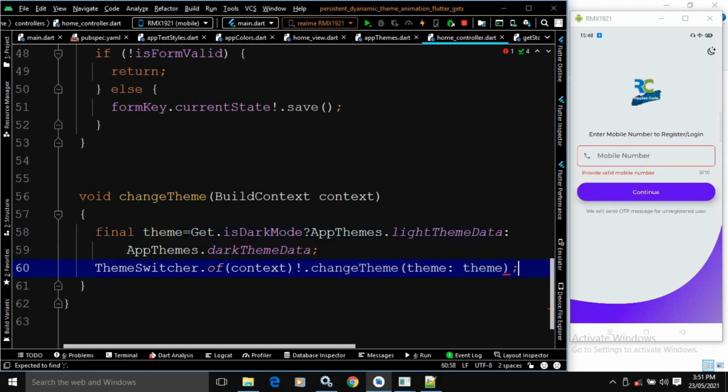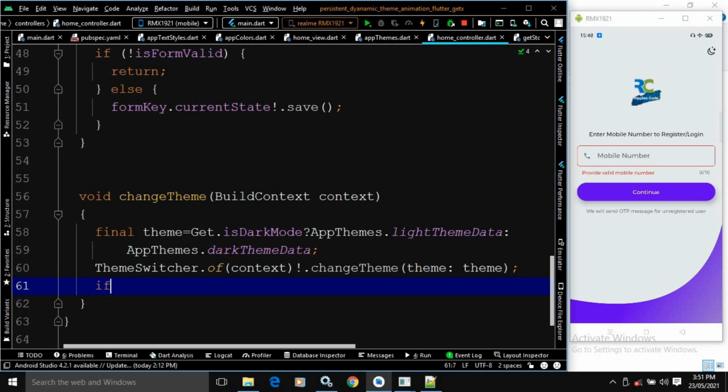Okay, and after that I need to make the theme persistent, so I need to save the dark mode or the light mode to that particular GetStorage key which I have created.